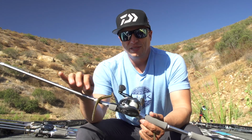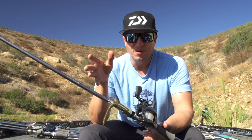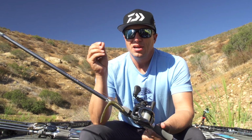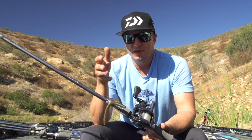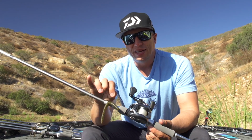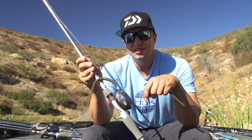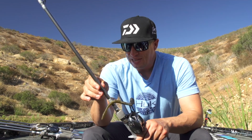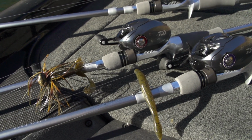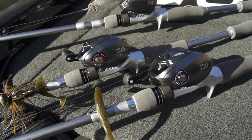The other thing about this is that you can get away using a little bit heavier line than fishing with a spinning outfit. So if I was going to go out and throw something on a spinning rod, I'd be limited to the size line that I use. Now, if you're fishing in heavier cover, you can bulk up that line, but still use the lighter baits. So the Bait Finesse Tatula Elite Series, medium heavy, extra fast, with the Tatula SV, right here, all available on